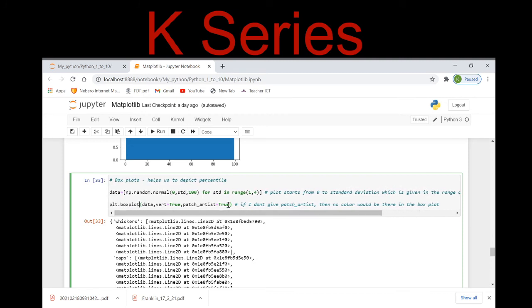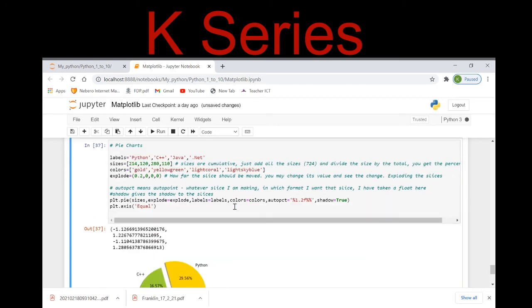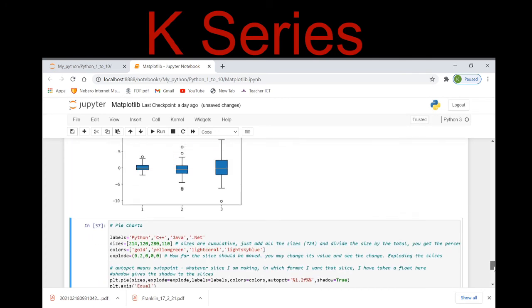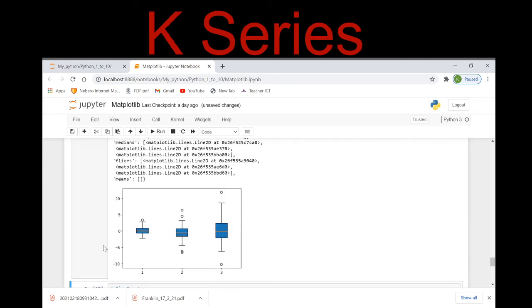Patch artist is equal to true. See, if I am not giving any patch artist, let me show you with patch artist as true, and let me show you here how it will be depicted. See here, now it is showing me the color blue because of the patch artist set true. If I set it false, or if I don't give it, by default it is false, so it won't show